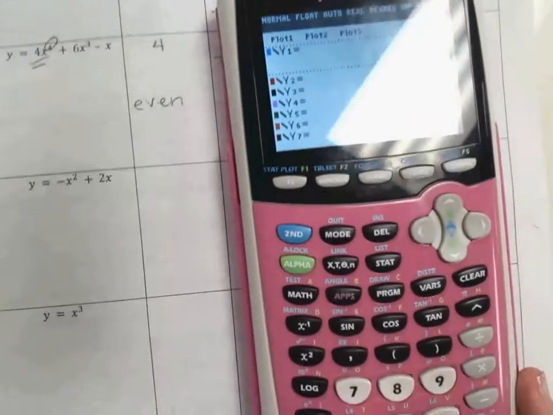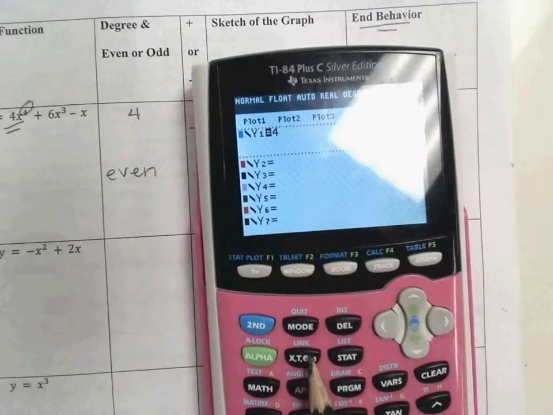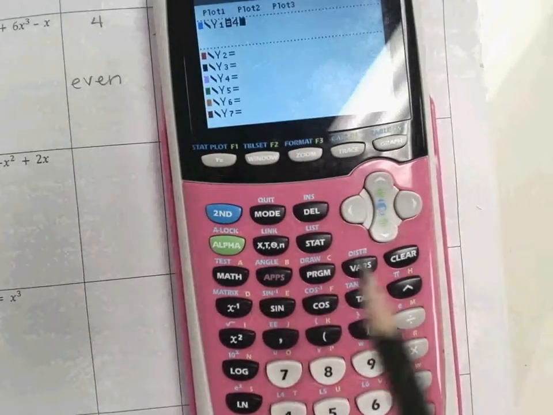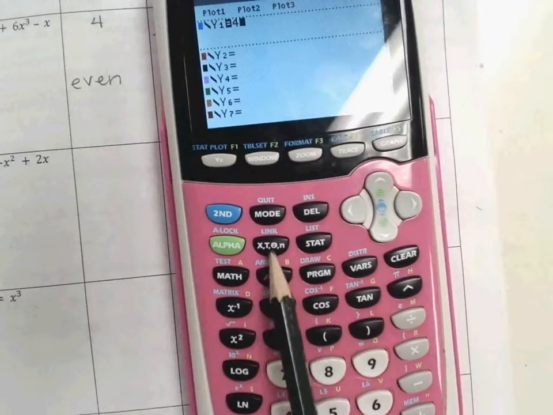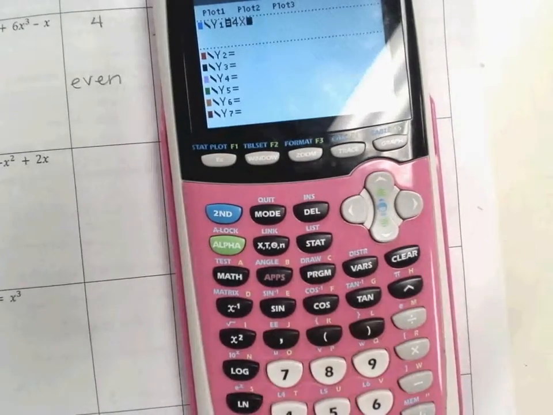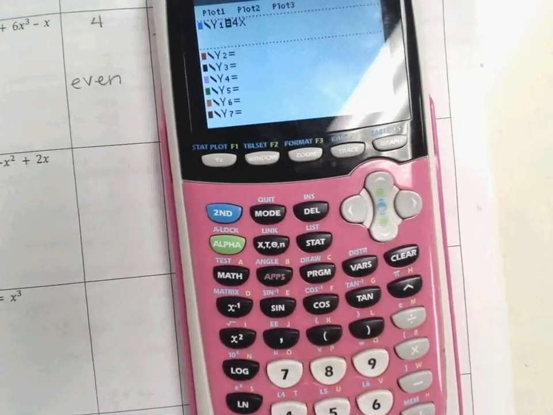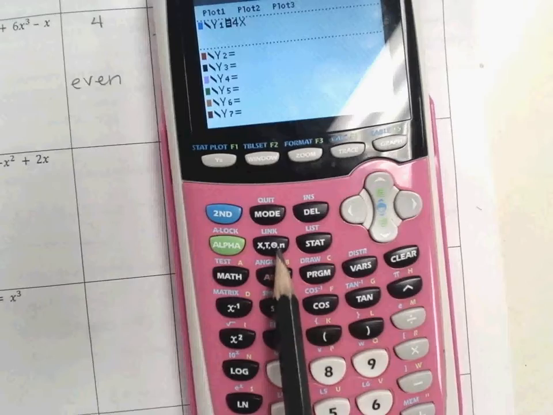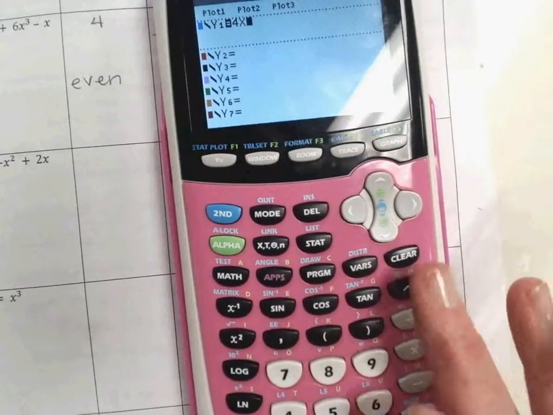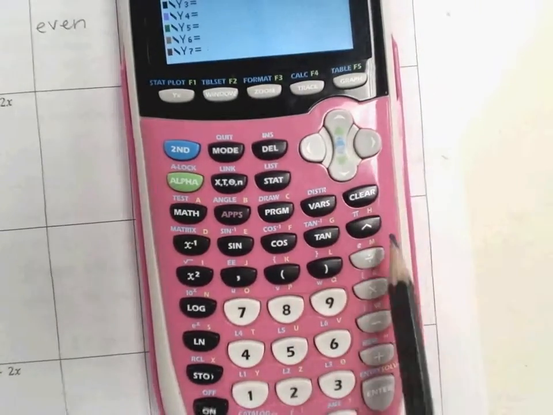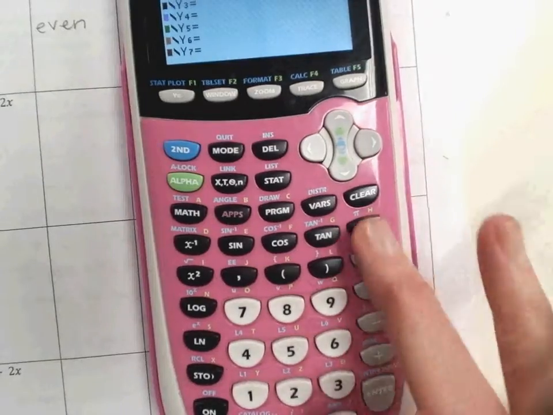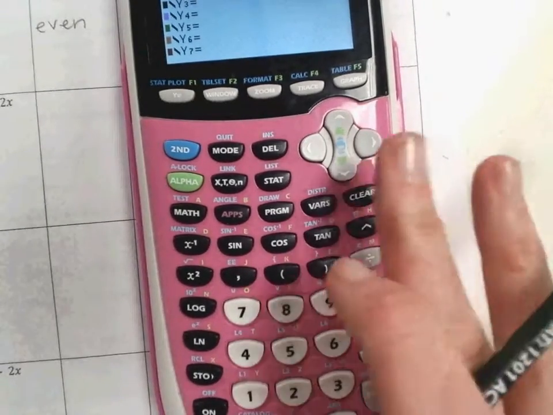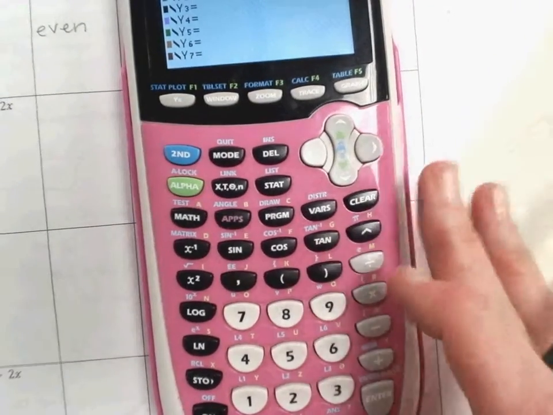And then you hit 4, and then x is this button right here. It's our variable button. It has an x, a t, a theta, and an n. So hit the x, not the letter x, not the alpha x, but the one next to it with the variables. And then raise that to the power of 4. To raise it to a power of 4, you hit the caret button, and then hit 4. Press over,